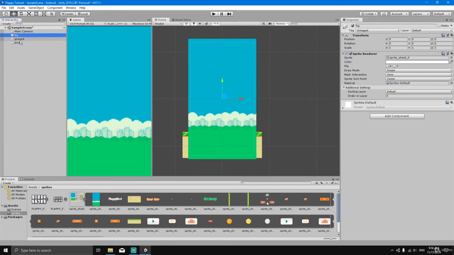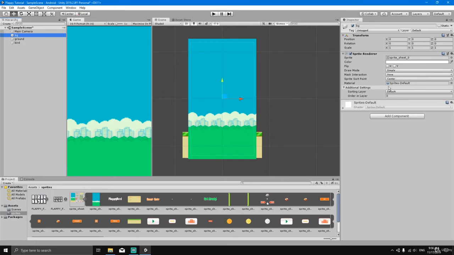The three of them are in the same layer. So we want different layers for these objects. It's just like in Photoshop, you have different layers. In Unity, you can also have different layers for the game objects. So we're going to put the background in the background layer. To do that, we're going to select the background, the BG, and go here to the inspector,